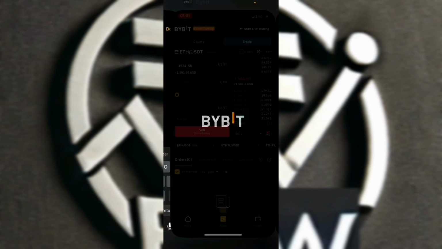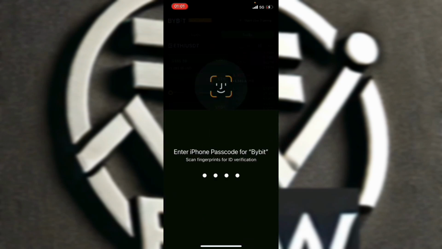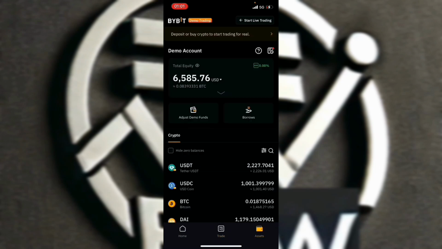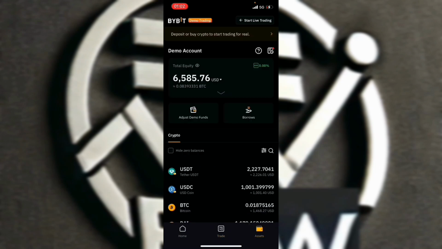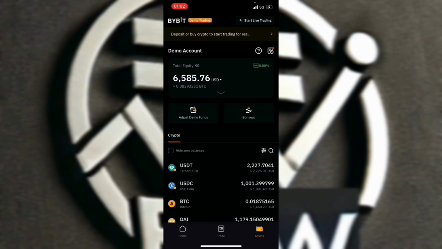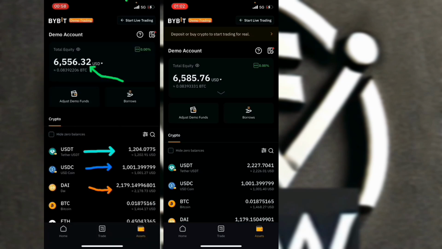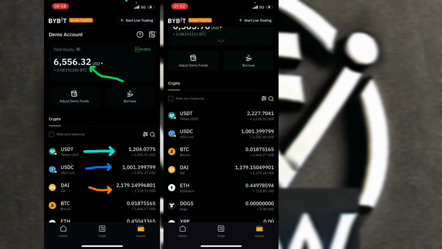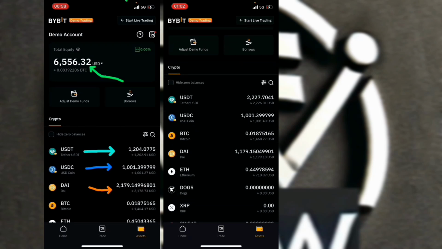I want you guys to come over now. Remember, I told you guys to take note of my account balance. So over here, you can see that my total account balance before was $6,556.32 US, but now it is $6,585.76. My total account balance on my USDT side before was $1,204.07, but now as you can see, my total balance over there is